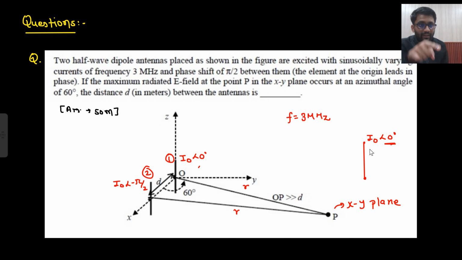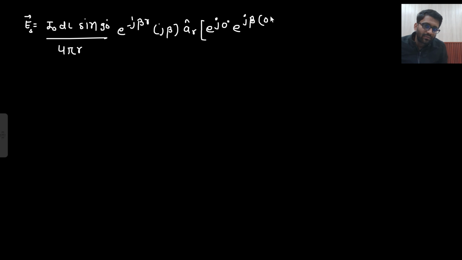Now I will join my imaginary antenna, which is at the origin, towards element 1. So what is the distance between element 1 and your imaginary antenna at the origin? Tell me, what is the distance? It is 0, no? Because element 1 is already at the origin, and your imaginary antenna is also at the origin only. So what is the distance there? The distance is 0. So into 0